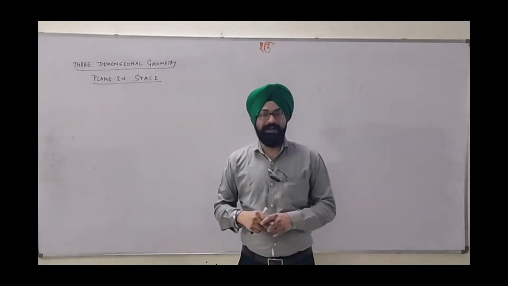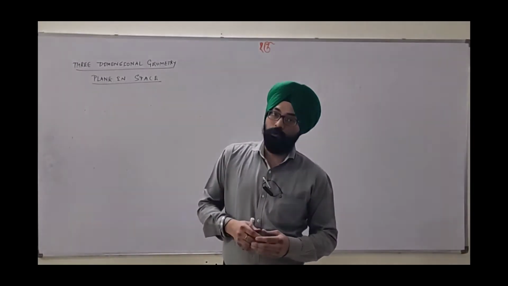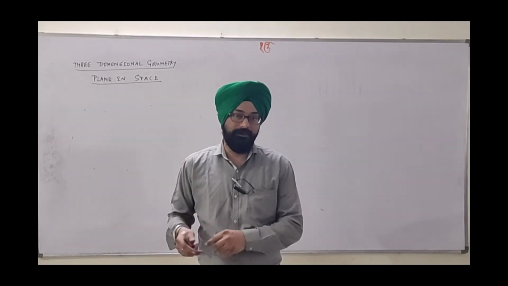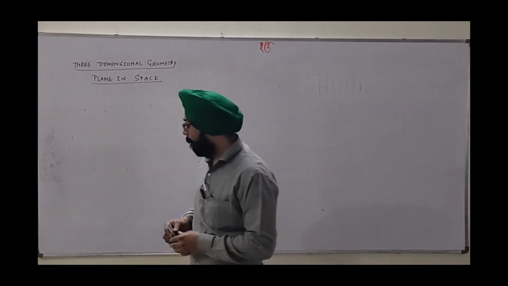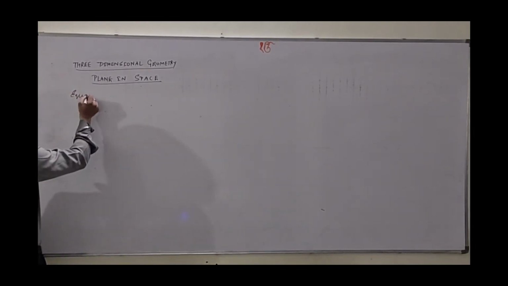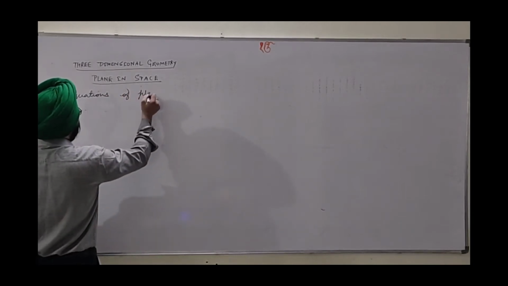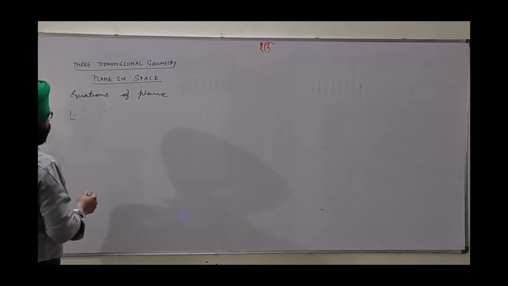First of all, just like the straight line, we will begin with equations of a plane in various conditions, and with derivation also I will explain wherever it is important. After that we will see the properties of a plane. Let's begin. Here we go with the first type, as we are going to see equations of a plane. Now the very first type we will see is the condition.